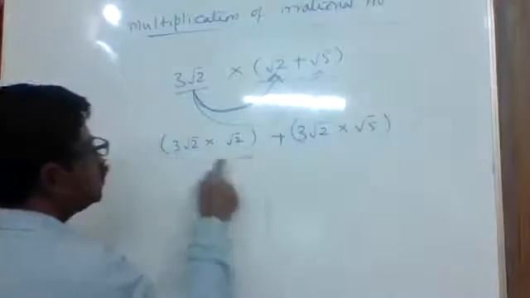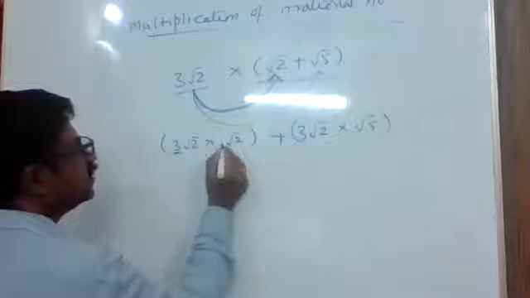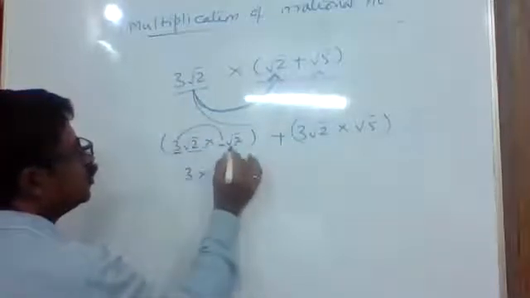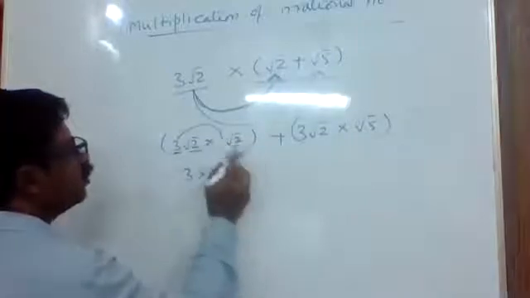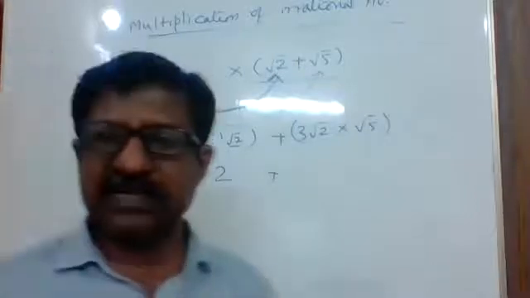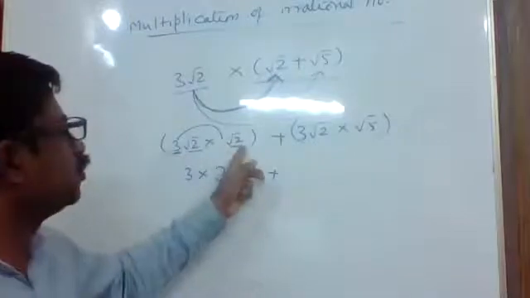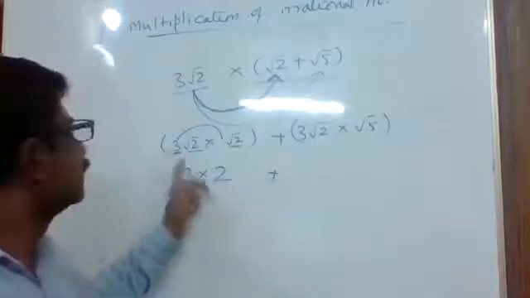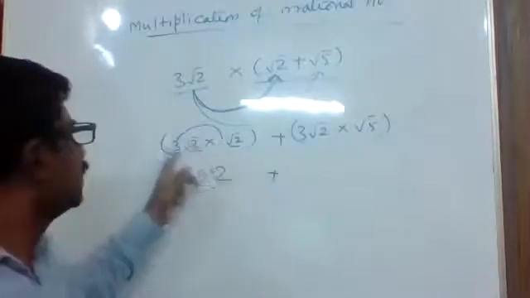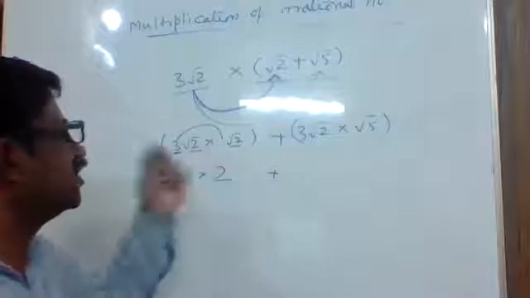When you're multiplying these two, these are the rational parts. 3 is over here, 1 is over here. 3 into 1, that is 3, into root 2 into root 2. The procedure you know: root 2 into root 2 is 2. If the same number inside the radical sign is multiplied, the radical sign will be removed. Therefore, root 2 into root 2 is 2, you can write directly. 3 1s are 3. Nothing is mentioned, that means we consider it as 1. 3 1s are 3, into root 2 into root 2 is 2. This is the product of these two.